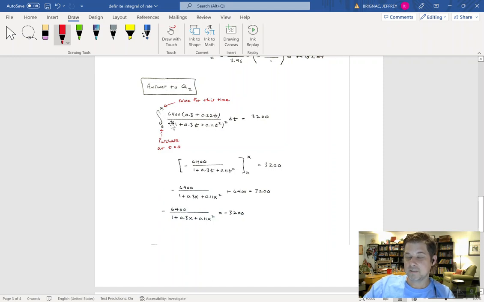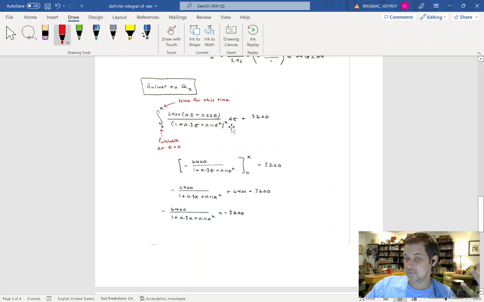And then I have my function that tells me the rate of depreciation. When I work all this out, this integral right here, I want that to be $3,200. And this upper bound is what I'm trying to solve for. Okay, so that's how we can set up that second question. Now, to answer that,